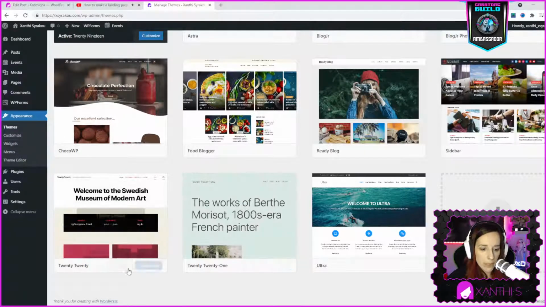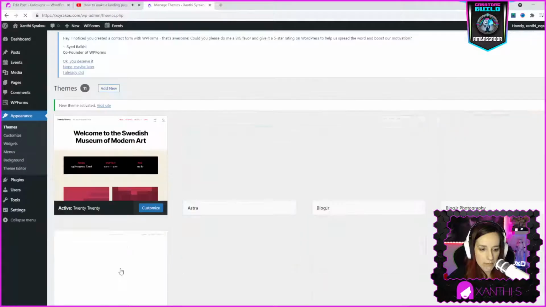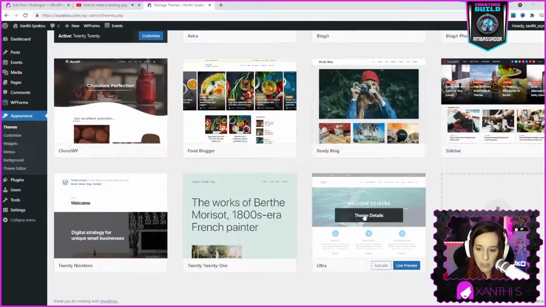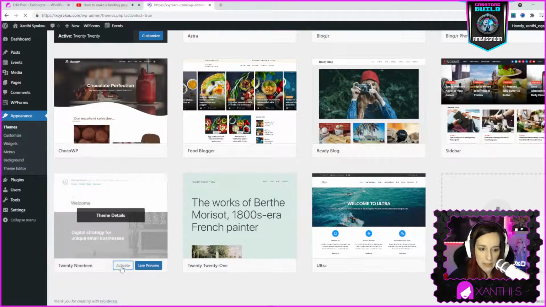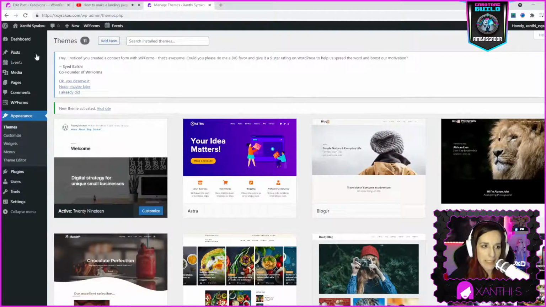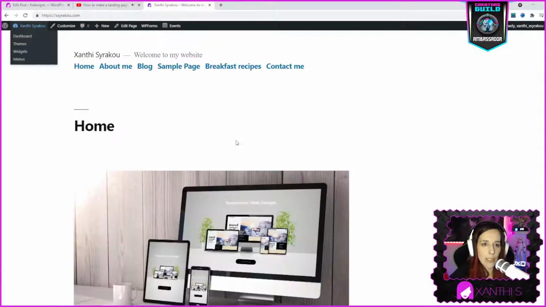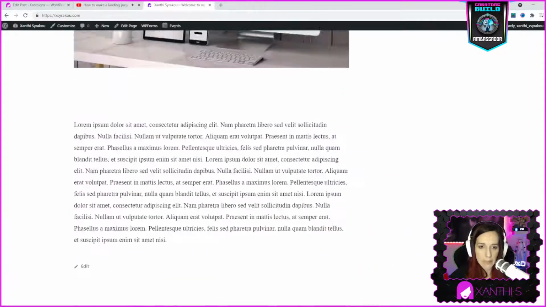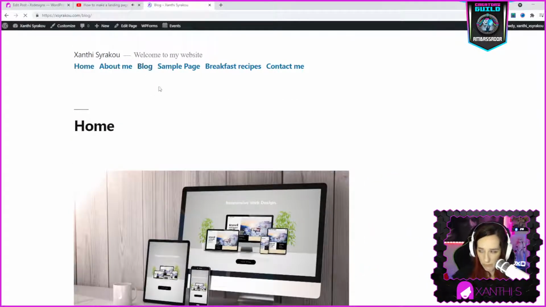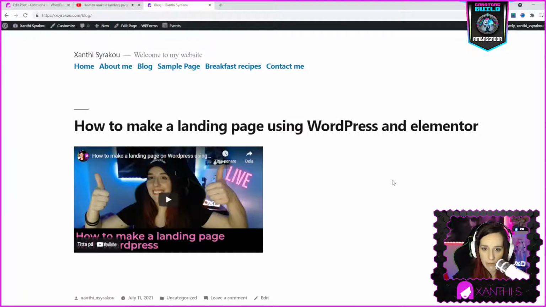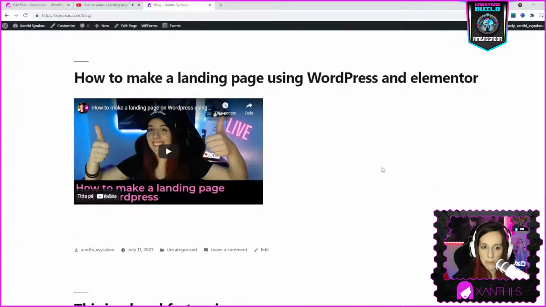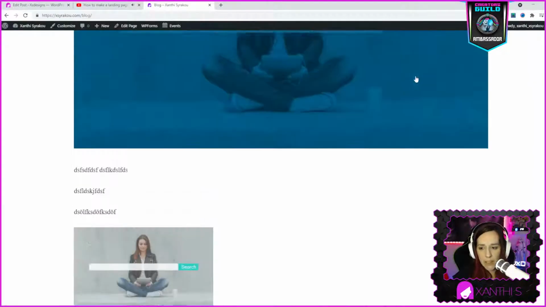So yeah, activate. No, not that one. Sorry, I wanted to activate this one. Yes. So this is what it is now. Very simple. I like it. If we go to the blog, we will see any difference. So it looks like this. Yeah, it looks kind of different